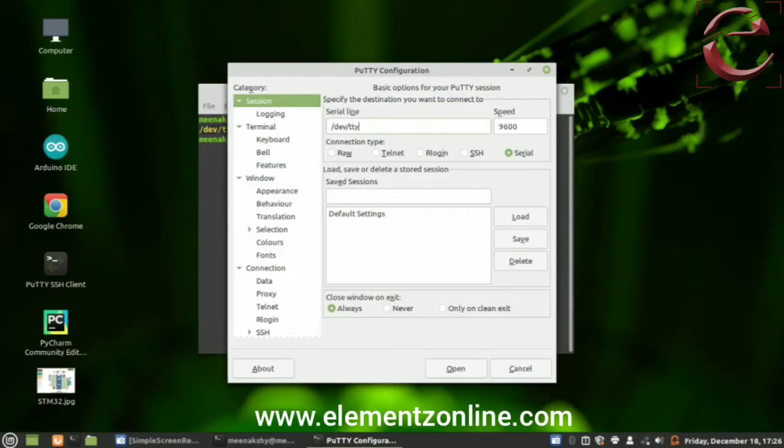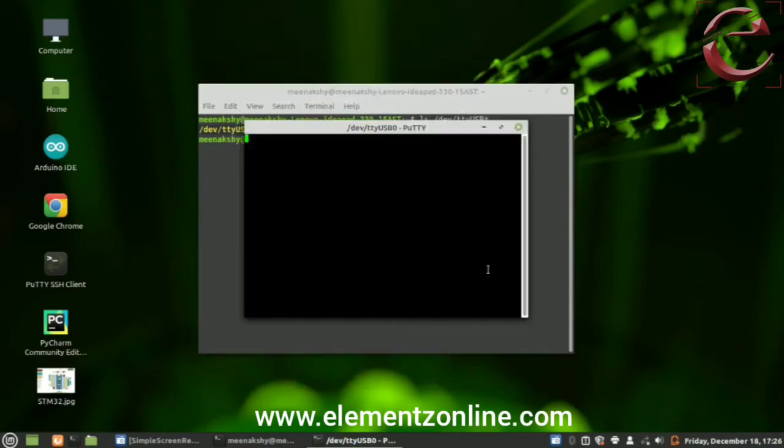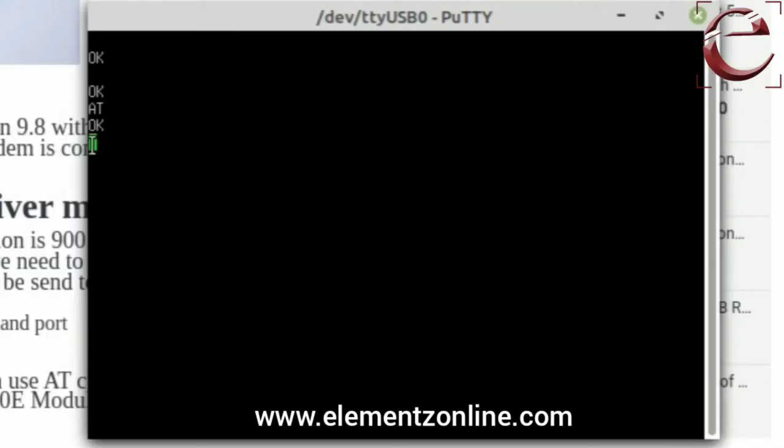Give the port and baud rate. The default baud rate is 115200. So through these AT commands, we are setting the network mode of SIM7600. So first of all, you have to check the PID configuration. By default, the PID configuration of SIM7600 is 9001.